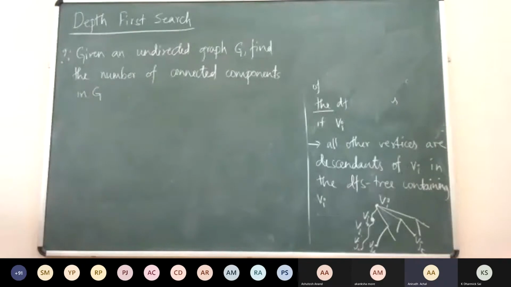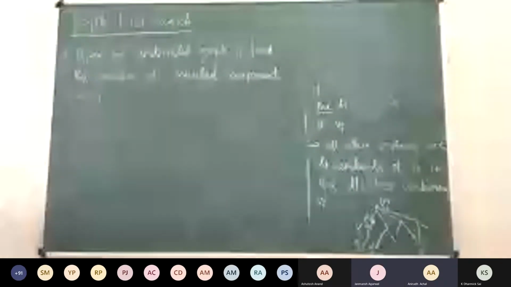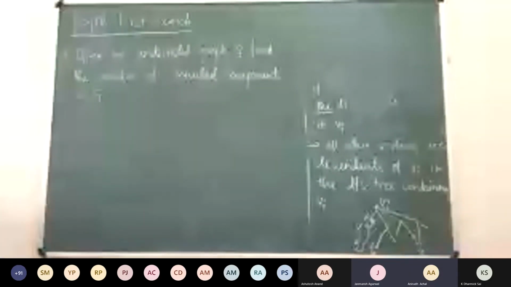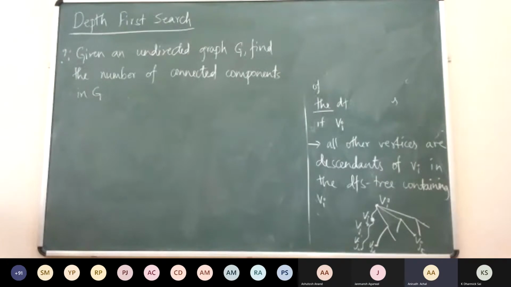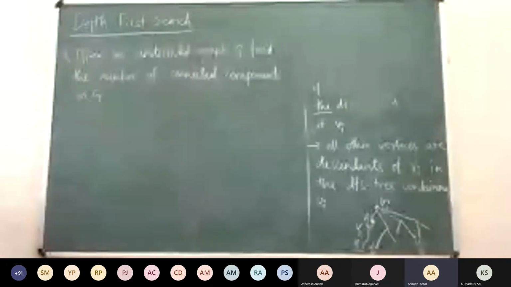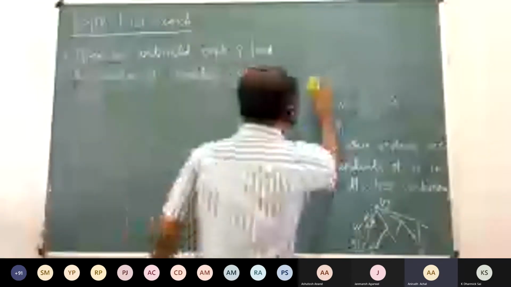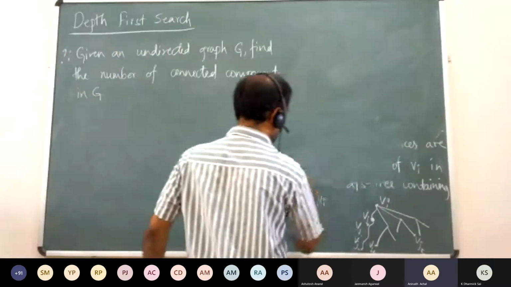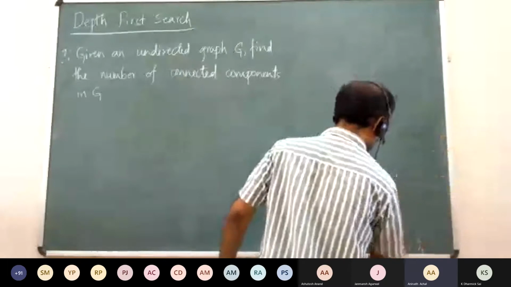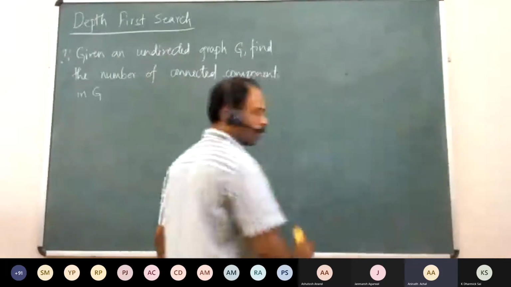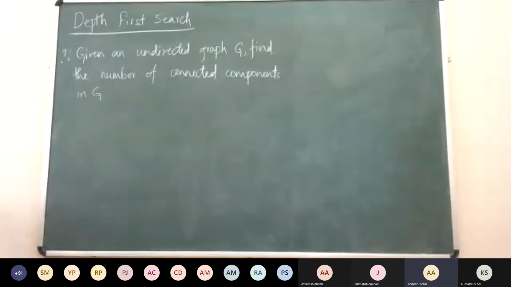Didn't we do this in the first class, like DFS? When we were doing DFS, we ran DFS again and again. But how do you find this number? In the first loop in which we check every vertex, we check if it's visited. If it's not visited, we start a DFS from there. So we just have to keep a count of how many times we start a new DFS. Because every time we start a DFS in a connected component, we visit all the vertices in that connected component. So you just need to keep a count.